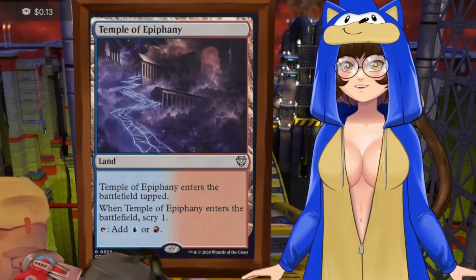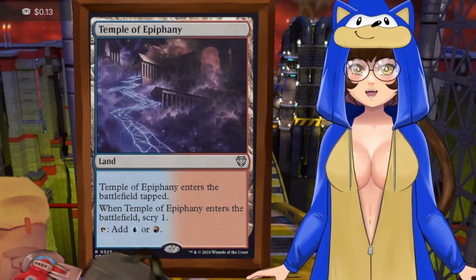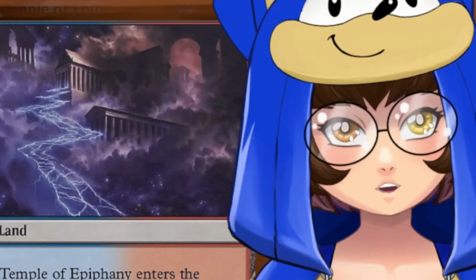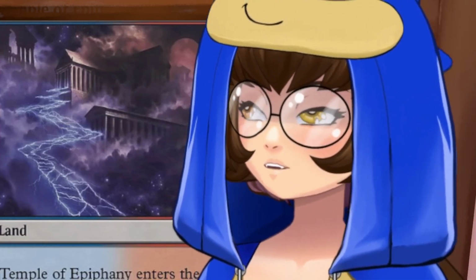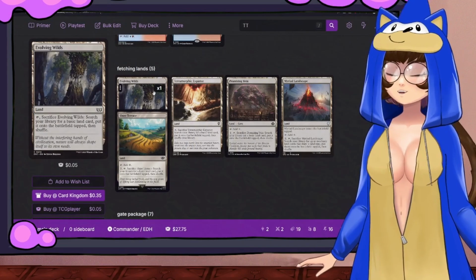And speaking of that, we have Temple of Epiphany, which lets us scry 1 when it touches the board, so we can filter out bad hands. Yeah, I know, temples. I'm not the biggest fan of them either, but the Surveil lands are starting to turn me onto the idea. Moving on to the fetching lands, we have Terramorphic Expanse and Evolving Wilds to crack for any basic land,